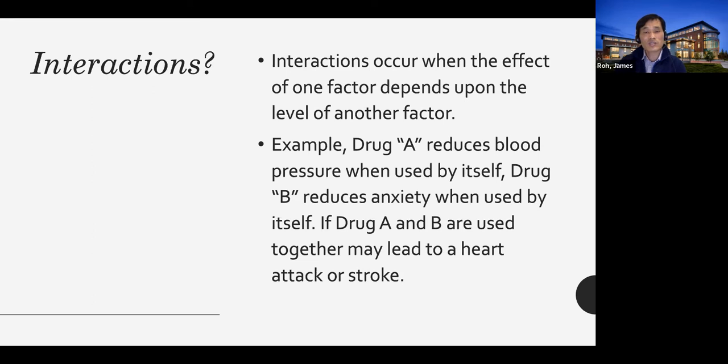So interactions occur when the effect of one factor depends upon the level of another factor. A good example is drug A reduces blood pressure, and drug B reduces anxiety. So, one patient took them together. However, unfortunately, when drug A and B are used together, it may lead to a heart attack or stroke. So that's a terrible interaction that we should be really careful and aware of when